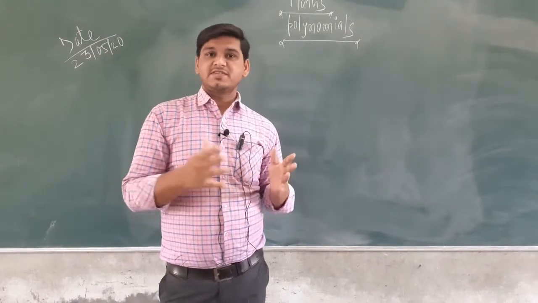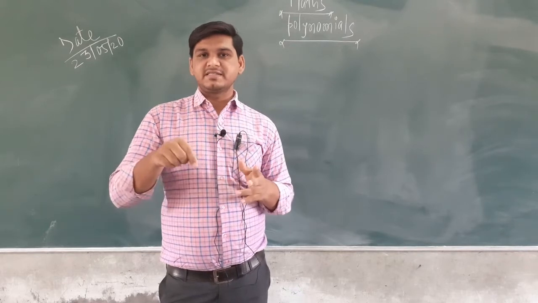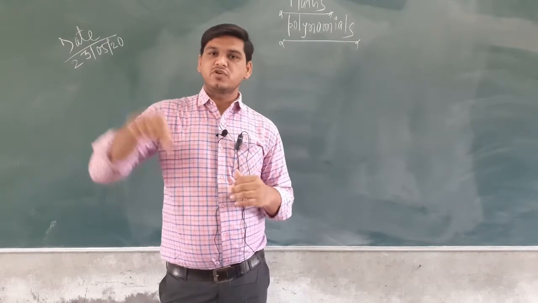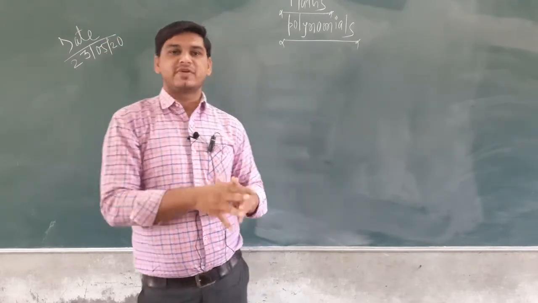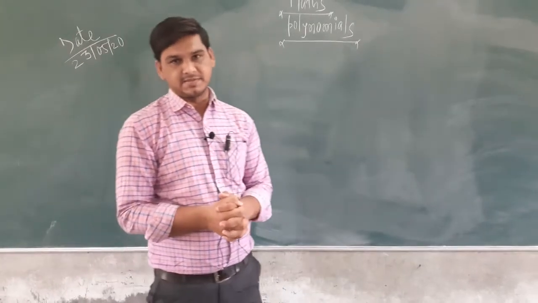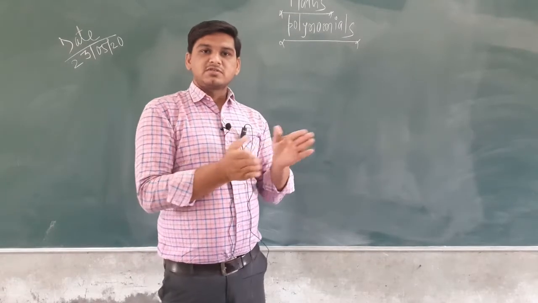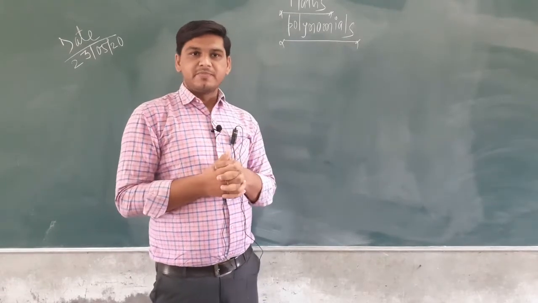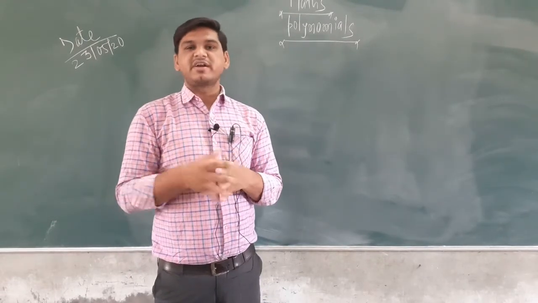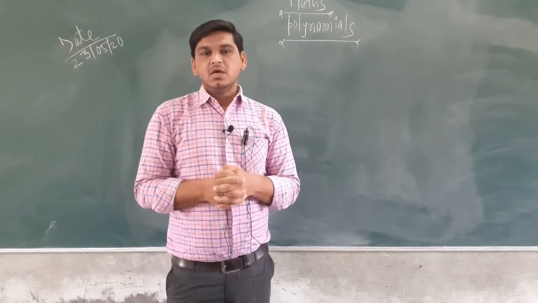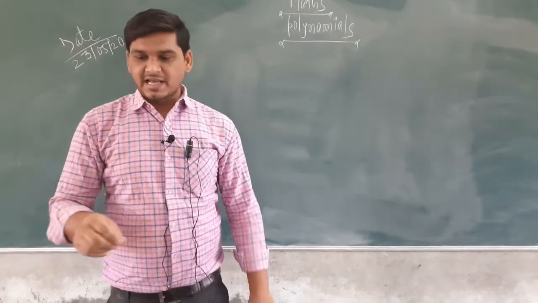Now, polynomials are generally written in terms of a0 x raised to n, a1 x raised to n minus 1, up to an, which we discussed in the previous class. Also, we discussed what a monomial, a binomial and a trinomial are, as well as linear, quadratic and cubic equations. So that we discussed in the previous class.